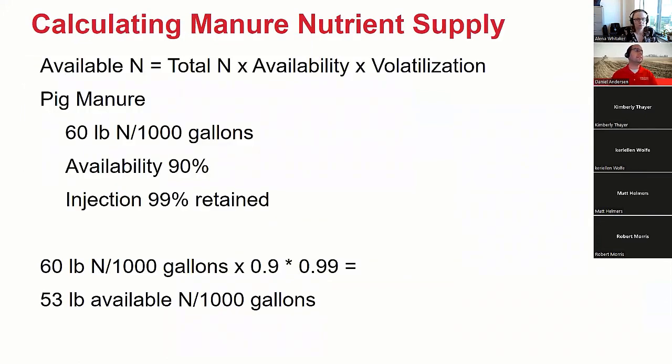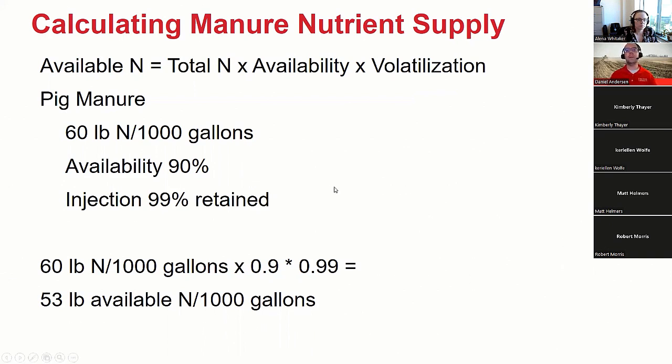I did just want to give an example so that we can see how this process of calculating application rates works. And this is just a typical swine manure from a deep pit finisher here in Iowa. If you're using wet dry feeders, oftentimes we can see nitrogen concentrations as tested somewhere close to that 60 pounds of nitrogen per 1,000 gallons. It does depend on lots of factors, and the ration that we specifically use does matter, and how much water wastage and how we wash our barn plays a role in what that concentration will be as well. But hopefully we're up somewhere around 50, 60 pounds of nitrogen per 1,000 gallons.